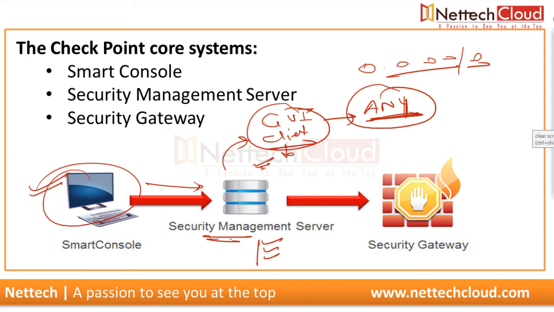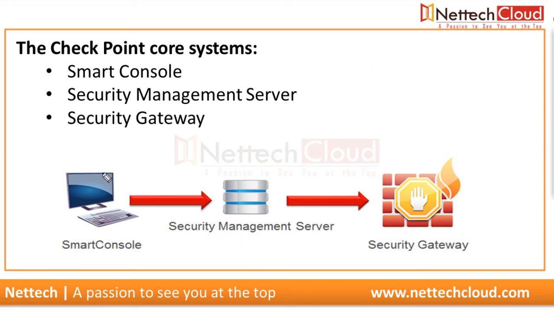A smart console, your GUI client, redundancy wise, we are not bothered with that. We really don't need to care about the GUI client. Management server, yes, there should be proper redundancy. It's a database server, policy database, log server, even internal certificate audit server. Security gateway, definitely there should be a minimum of two security gateways at each location, each site, right?